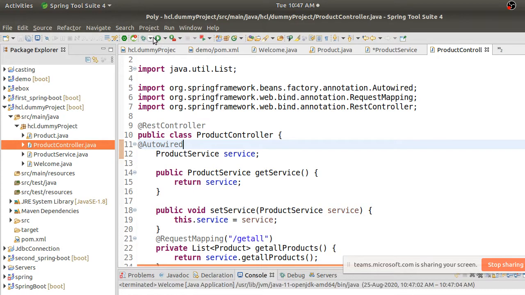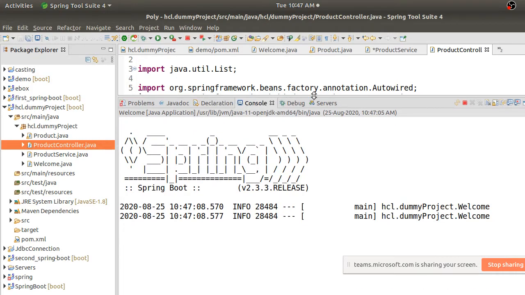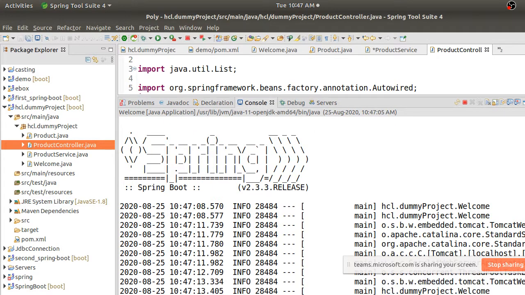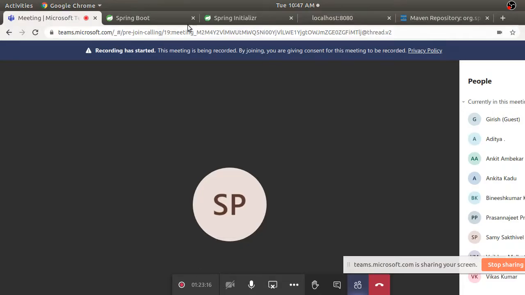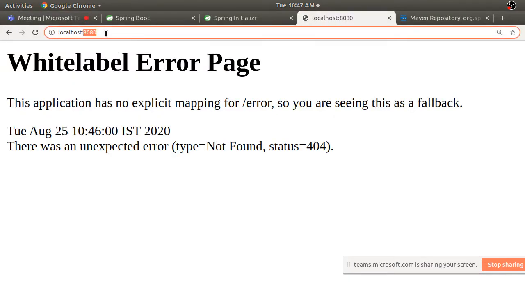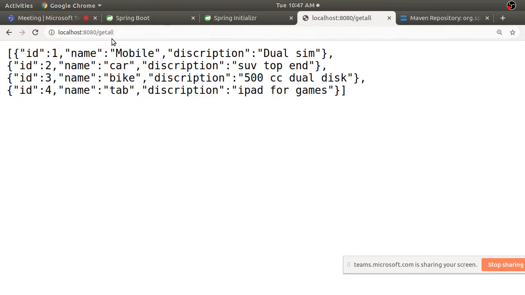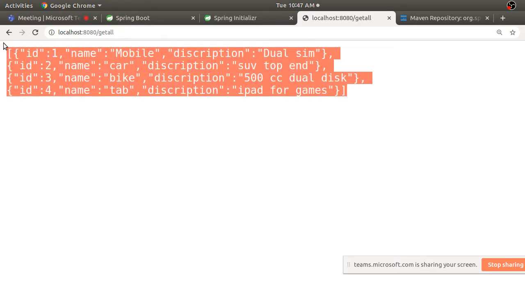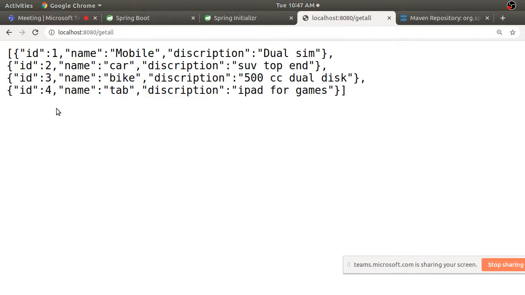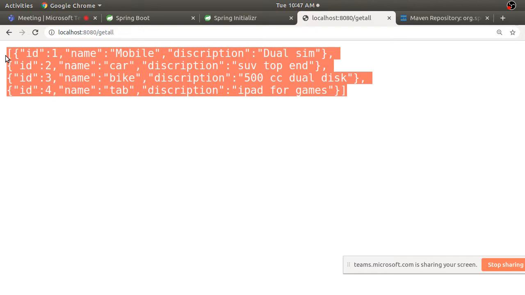I think I'll stop it. Yes, you can see this data, right? Automatically that object data is converted to JSON data. This is something Spring Boot does automatically for you.